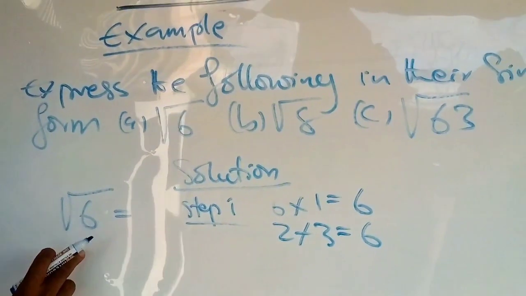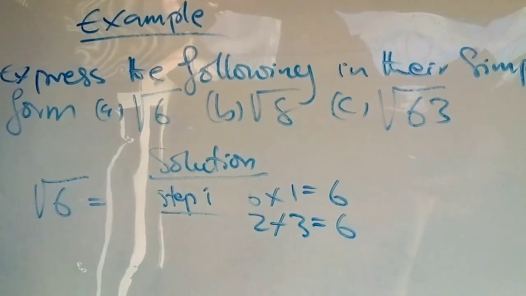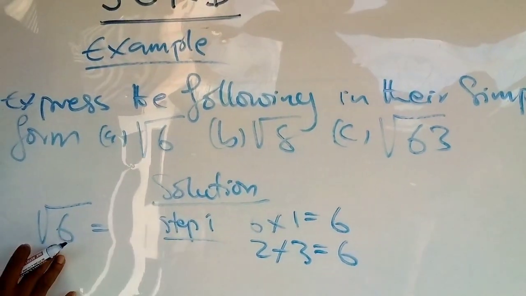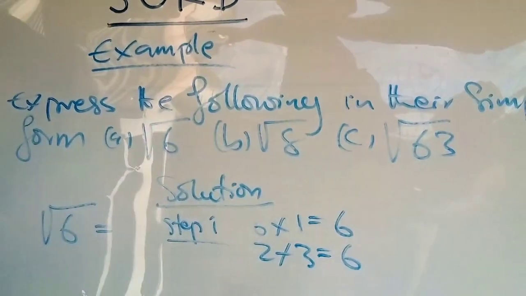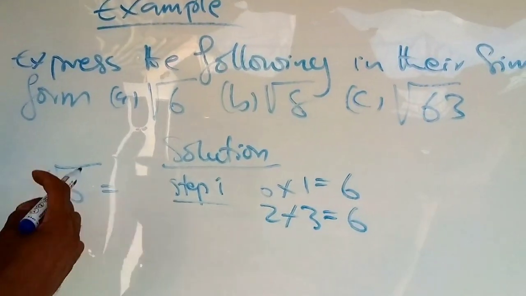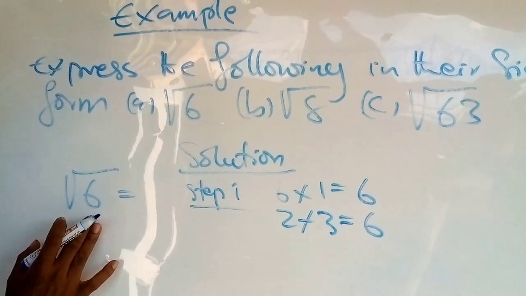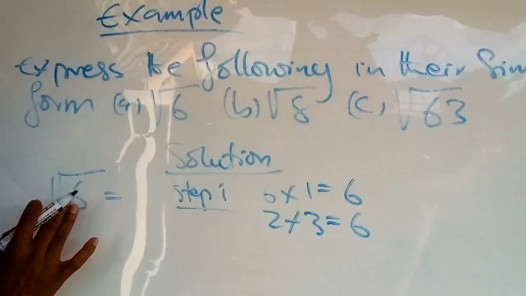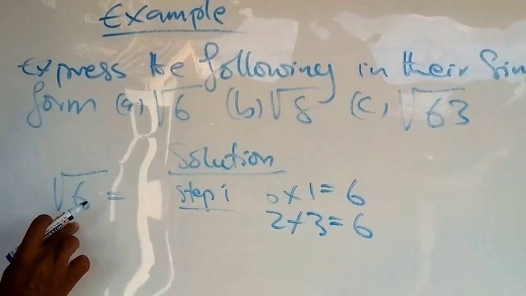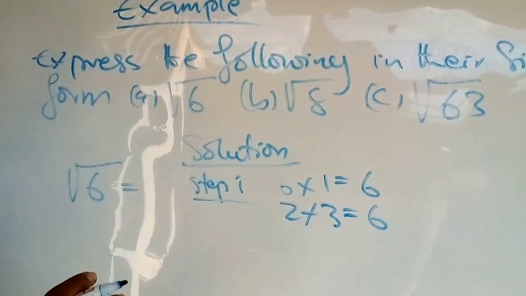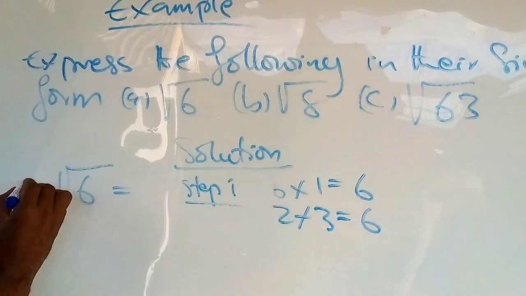It remains root 6 in any surd question. I usually give this question so I can show you whether a number is a surd or not a surd. This one is a surd that you can't solve and still succeed, so leave it as it is. Don't touch it again. But let's see